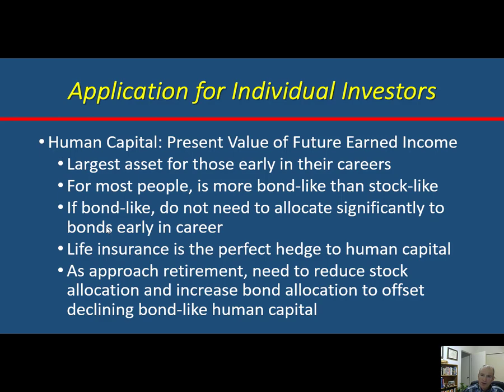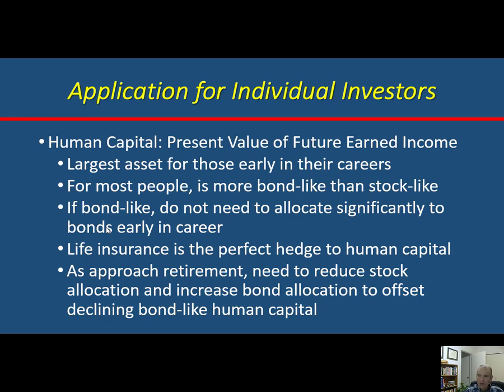For most people, human capital is extremely bond-like. It looks more like a bond than a stock. Most of us, it's true in a recession, we're maybe a little more worried about losing our job, but most people don't lose their jobs in a recession. Our unemployment rates go from like 5% to 8% or 9%. So yeah, there's a group that lose their job, but most of them don't lose it for years. So the impact on your human capital of recessions is not nearly as large as it is on the stock. So our human capital, the present value of our future earnings, is very bond-like. And when interest rates fall, that actually increases human capital. So human capital looks a lot like a bond.